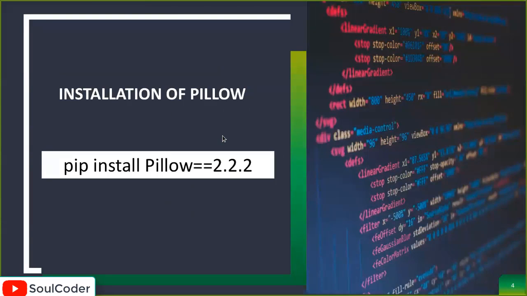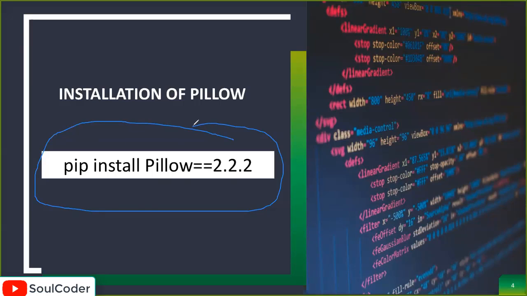The slide is about installation of Pillow. So how can we install Pillow? This is the command you can use to install the Pillow library on your computer. This is the same command on Windows; you write it in your command prompt and you can download the Pillow library.